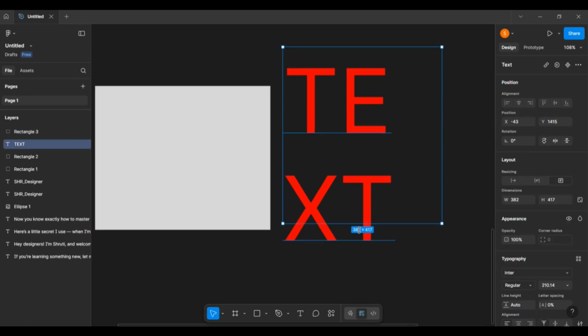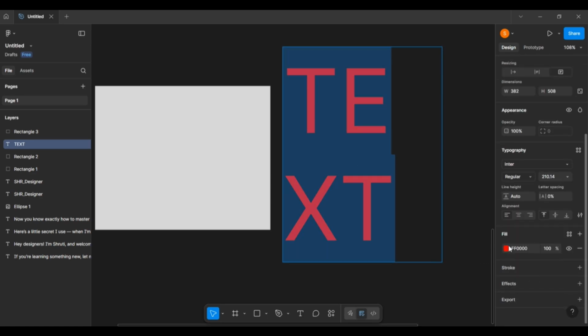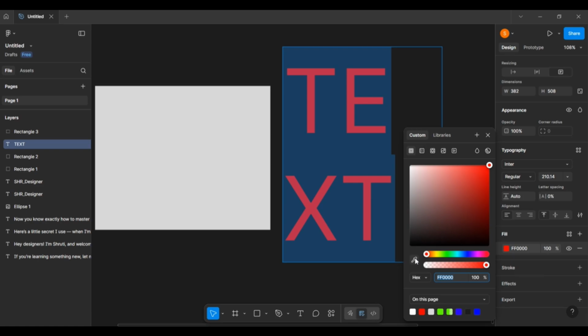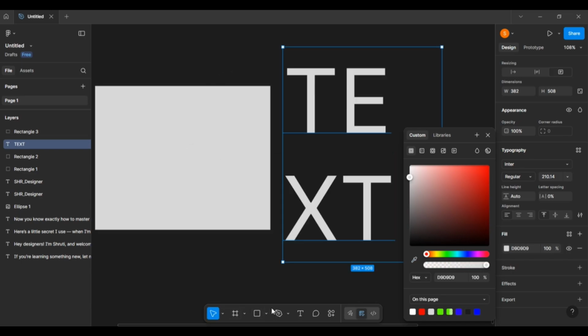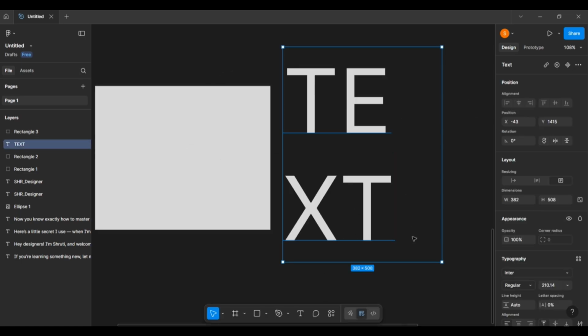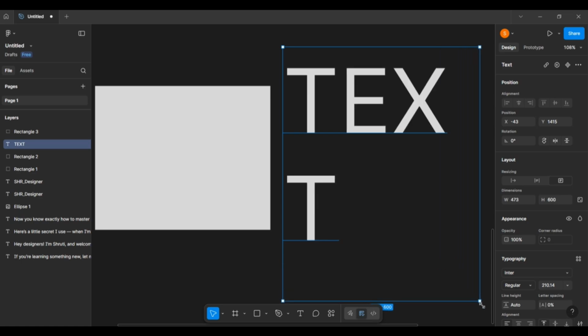Okay, let me first select the text. This is the text, I want to change the color. Now bring your eyedropper tool. From where you want to extract the color, like I've already extracted from the rectangle, extract it, and now go over here.